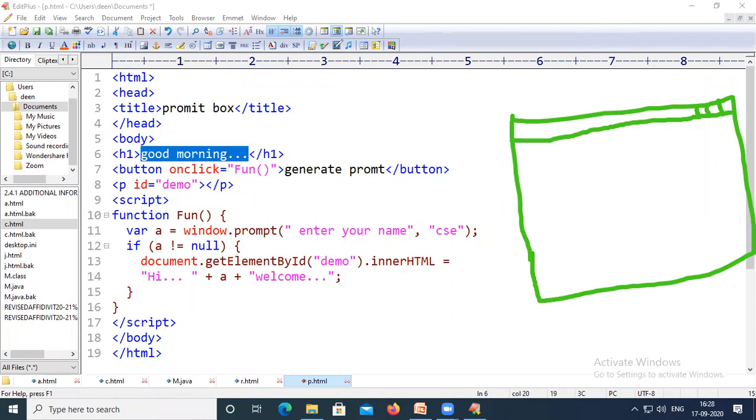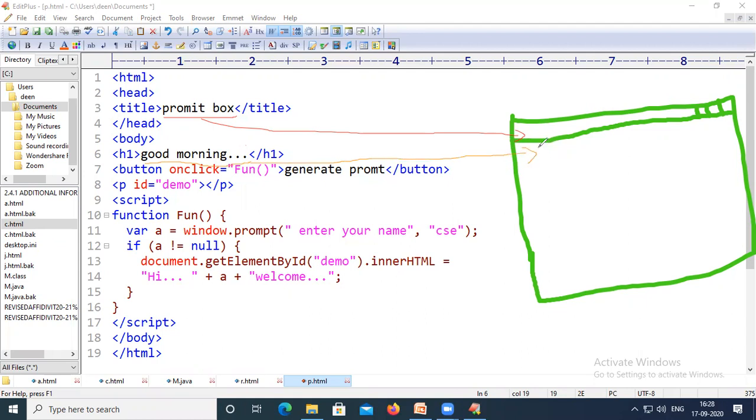Here, at the title bar, we will get this prompt box, which is the output of this particular line. And then here we have used good morning. This good morning with the three dots will be displayed here.